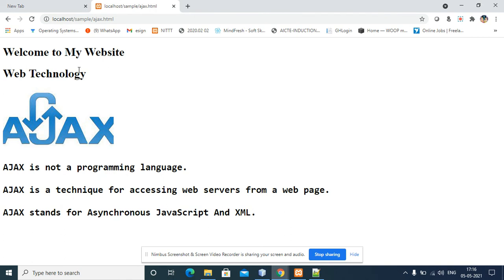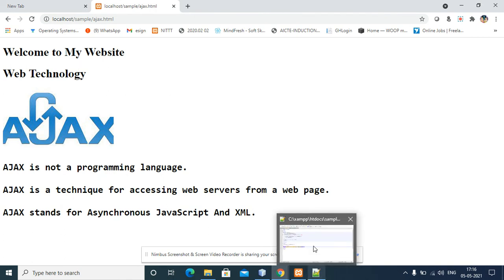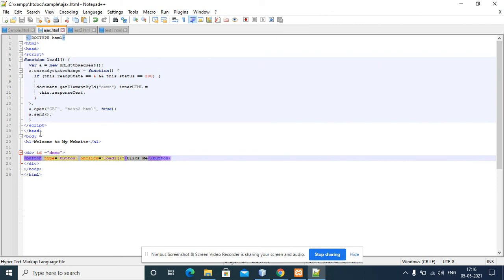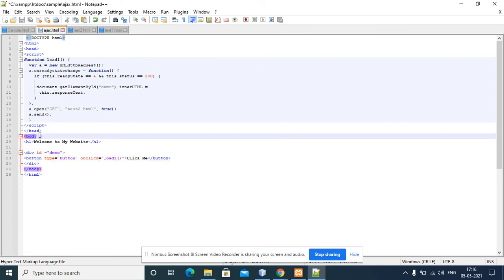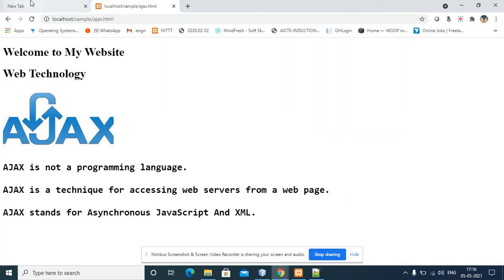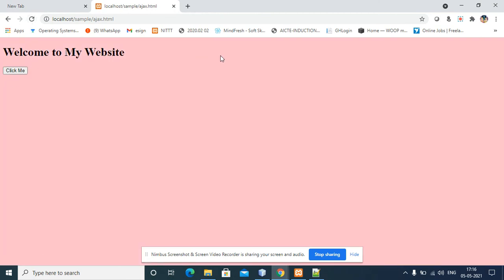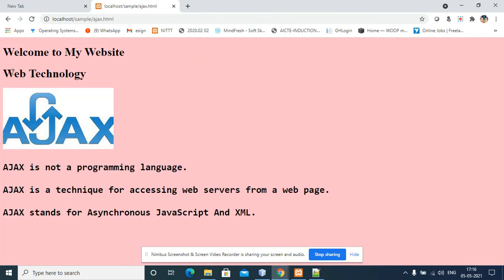Here the button is not shown. If you want to give any colors, you can also update those. So in this I just give a BG color here. I just save this one, go run here. Once we click me, this will come.